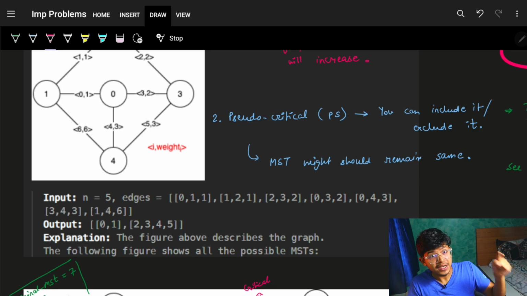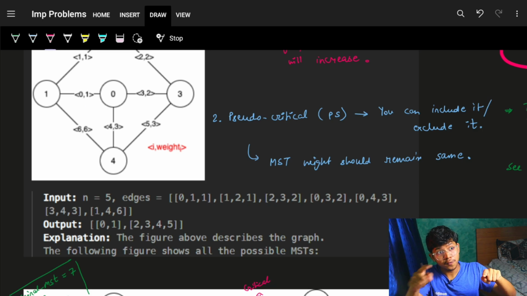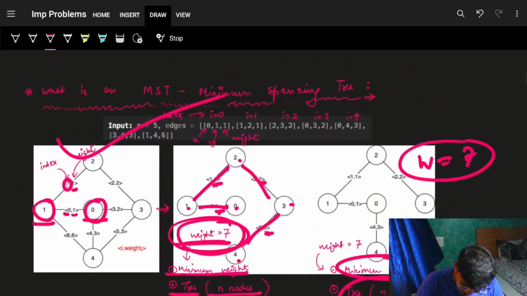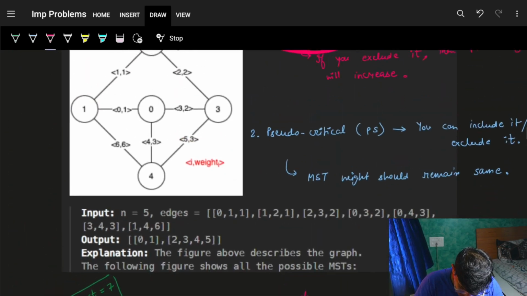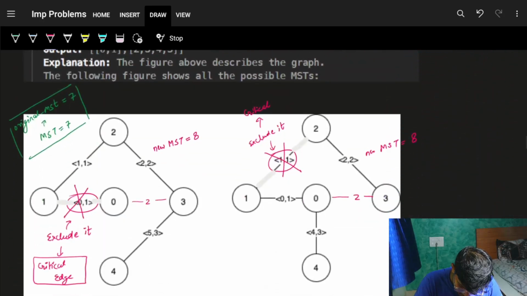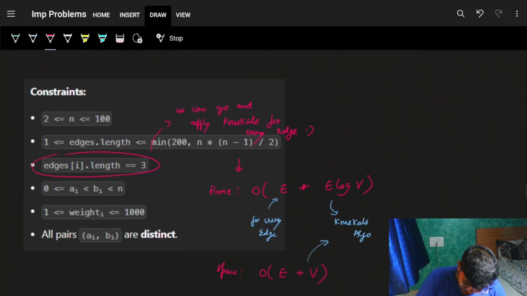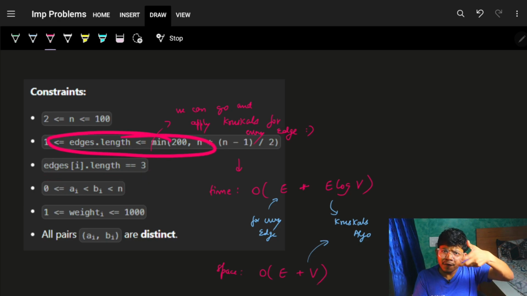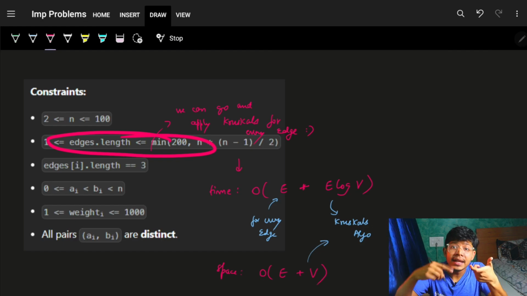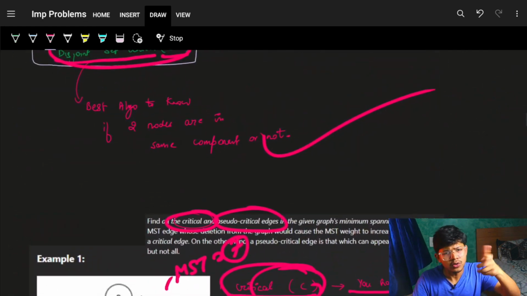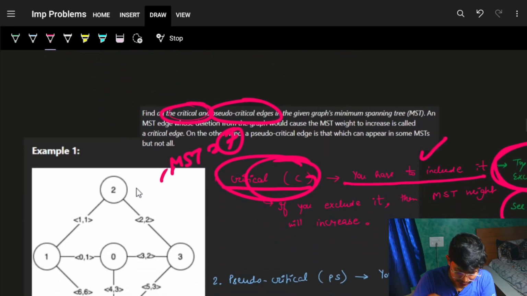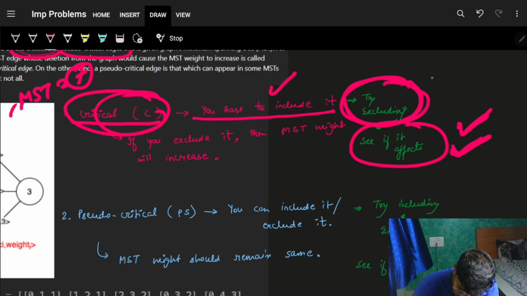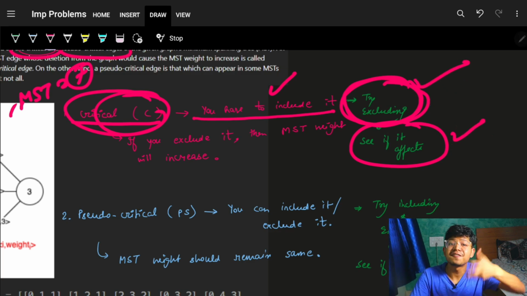Aryan, which means for every edge you will apply Kruskal's algorithm again and again to find the minimum spanning tree? Yeah, I will. Why? Because you know the constraints. The constraints are not that big. If we look at the constraints, you will see the edges are just 200. So for sure, for every one of the 200 edges, I can apply Kruskal's algorithm again and again, because I know Kruskal is O of E log V. Again, no worries on the complexity part, we'll view that again later. But yeah, excluding it and then seeing if it affects or not, which means I just find the new MST